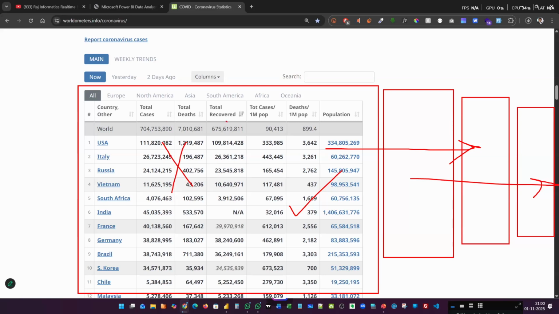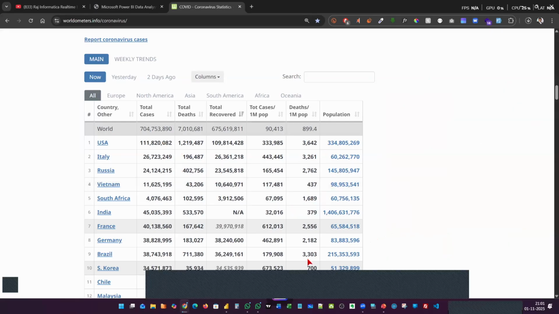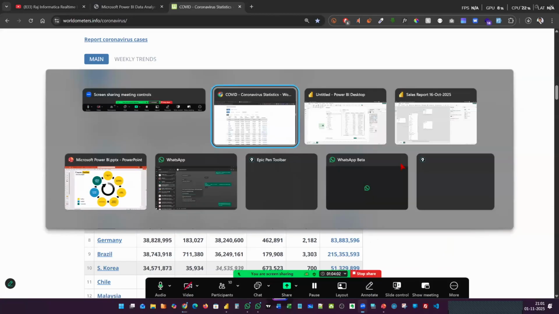But when it was updating during those COVID times, like I said, there used to be a lot of columns. And what these people have done here in front of you is they have gone ahead and cleaned up this information. And you see very minimalistic details here. That's all. But if I go back to my Power BI file,